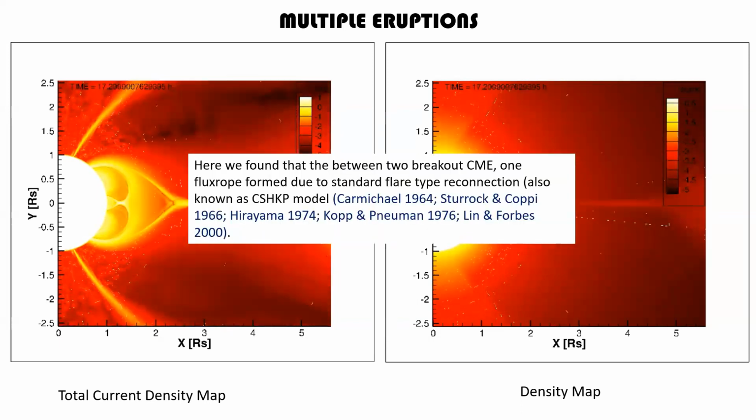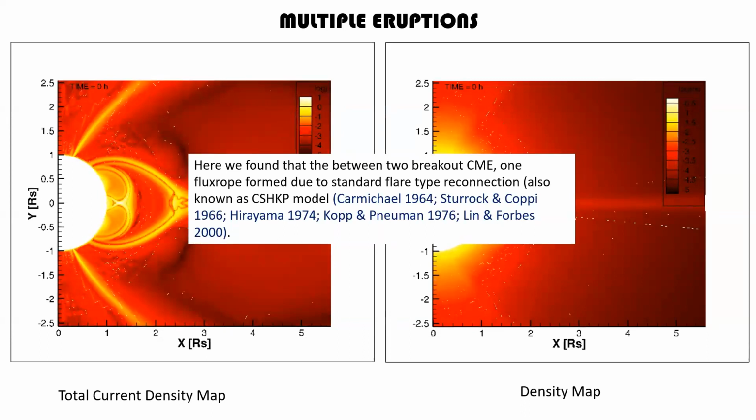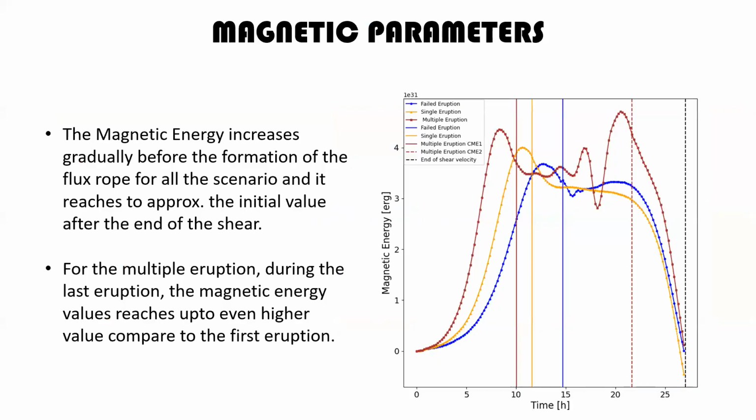And yeah, so here we found it between two breakout CMEs. We also found the flux rope form due to the standard flare-type reconnection. And these are the various magnetic parameters that we studied. So we see that in different scenarios,